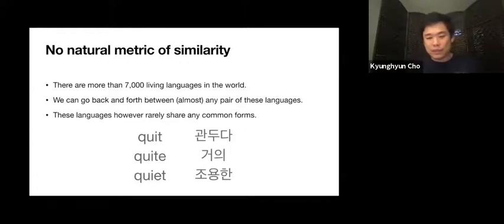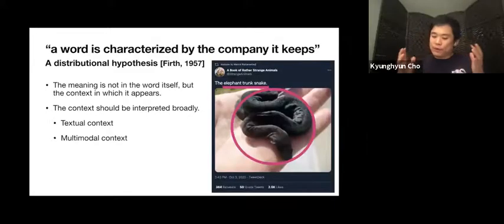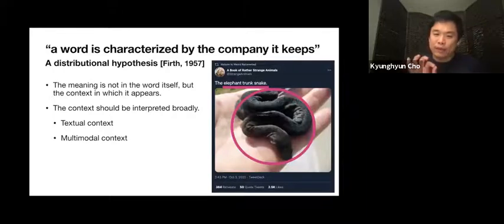What that really means is that there must be some kind of similarity, or metric of similarity, underlying natural language or human language. However, it is not apparent or easy to capture at all. Now, what can we do? It turned out that there is a very interesting concept, or hypothesis, that we can rely on, called the distributional hypothesis. This hypothesis can be succinctly described by this phrase: a word is characterized by the company it keeps. That is, the meaning of the word,